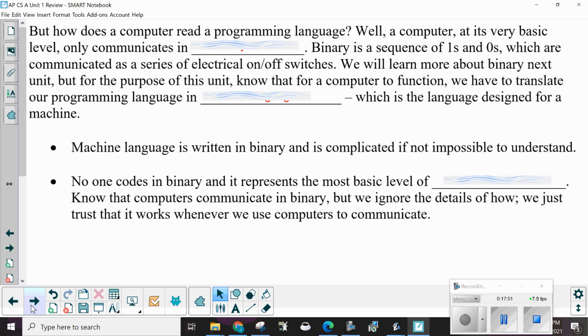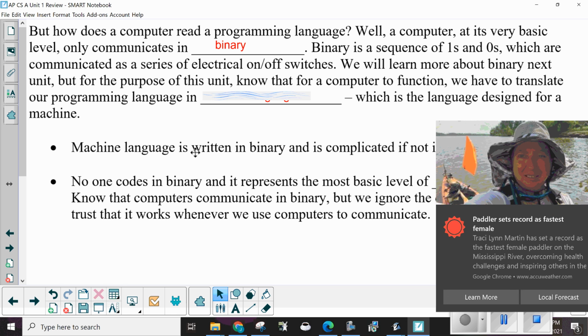Now, how does a computer read a programming language? Well, a computer at its very basic level only communicates in binary. Binary is a sequence of ones and zeros. Actually, it's electrical impulses, on or off, which are communicated with these switches that are on or off. We will learn more about binary in the next unit, but for the purpose of this unit, know that for a computer to function, we have to translate